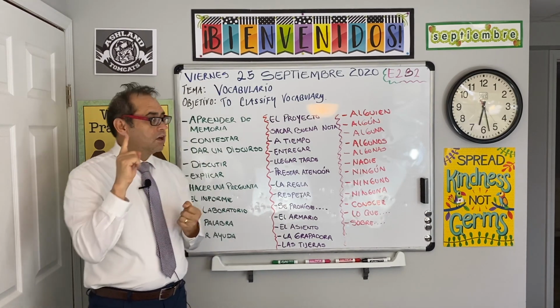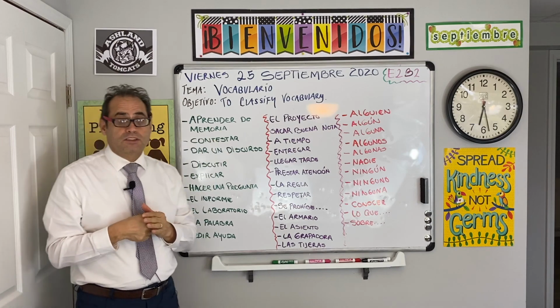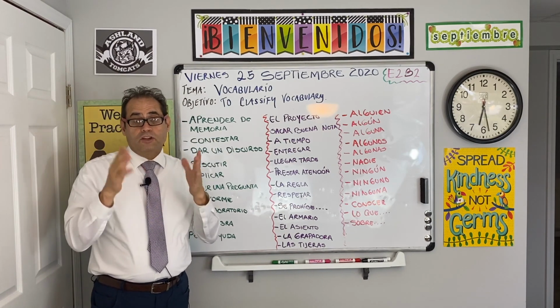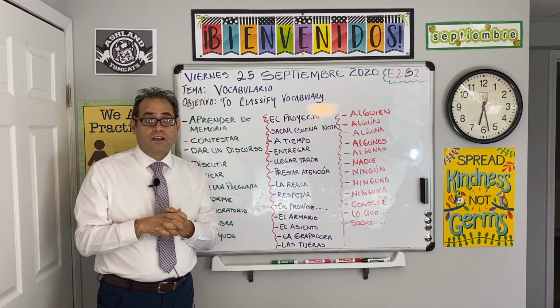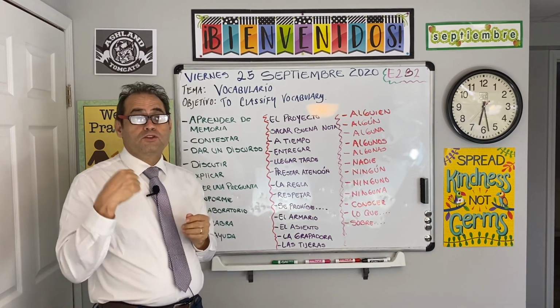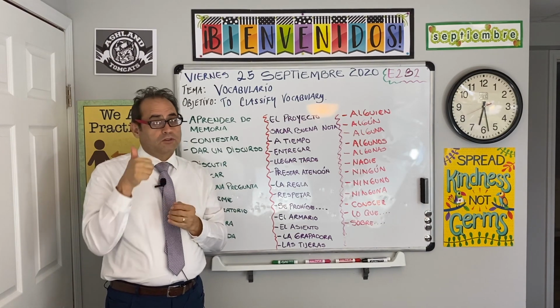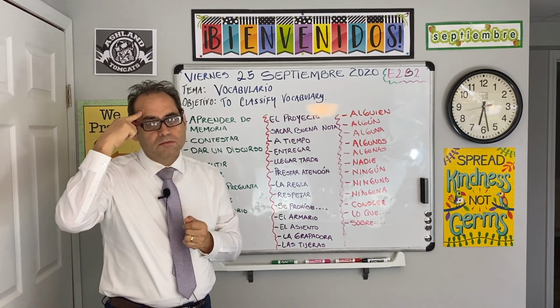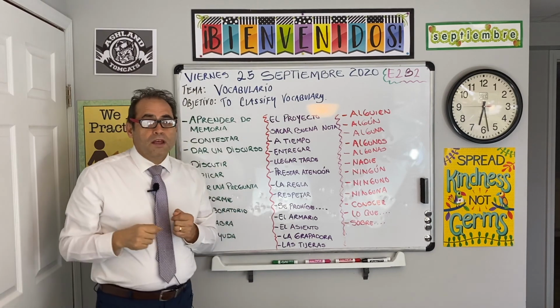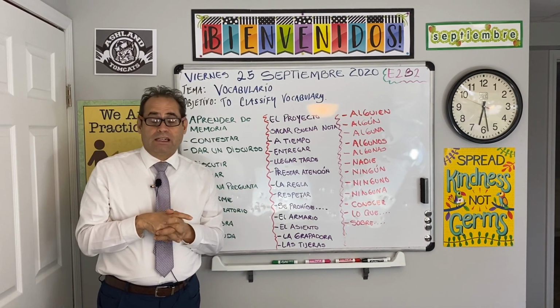So today we're going to be working in the number 4, that is illustration. You're going to go and see the project guidelines, and you're going to make a presentation with the vocabulary. You're going to write the word, and you're going to give me the drawing or the clip art or the illustration for that word. So that is really important that you create a mental image of the word. Okay, so that's the way how you learn any vocabulary in any language.